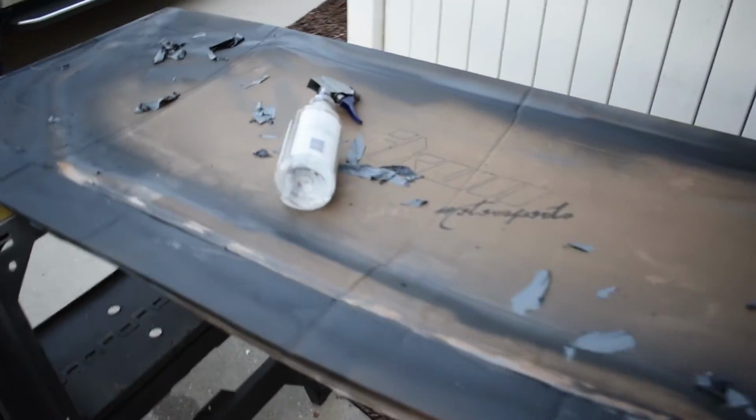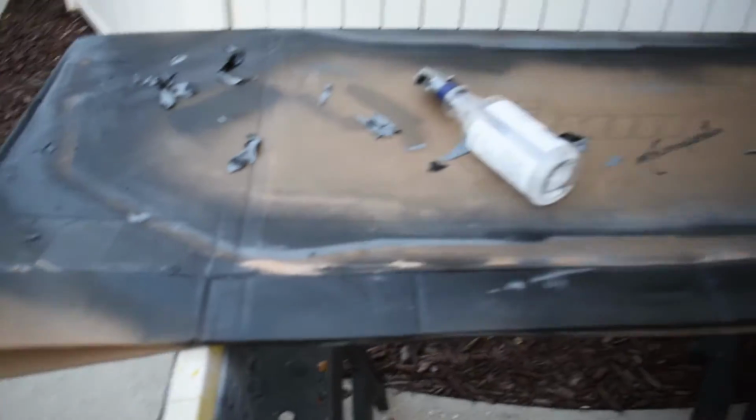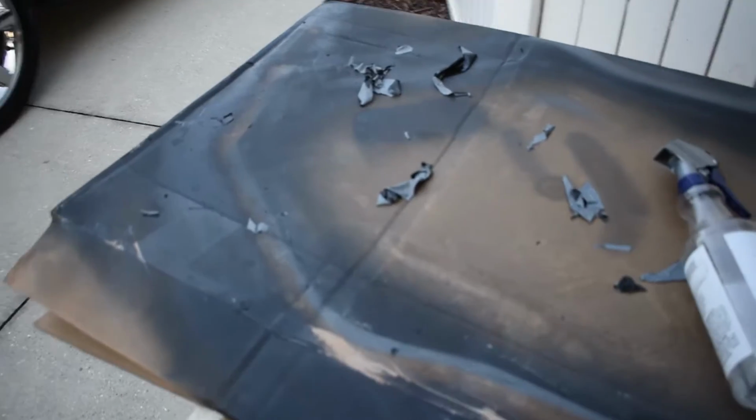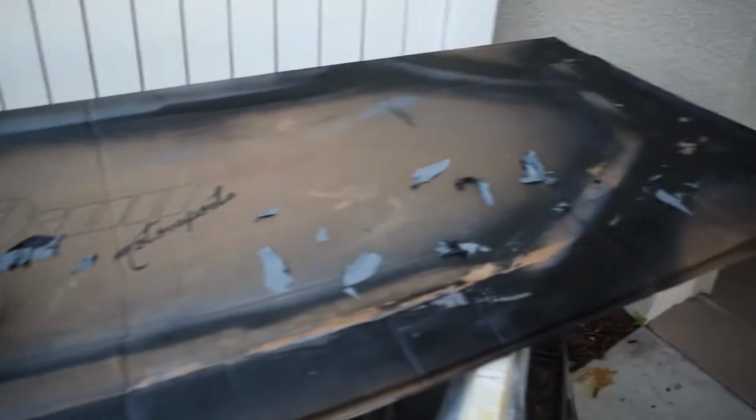Alright, so a lot has happened. As you can see, the splitter is not here. That is because the paint would not adhere to it, and it looks like I'm gonna have to use the finish that it came with, which is fine. It just wasn't ideal because all the paint peeled off in small chunks like this. So where does that leave me? I took that, and over here